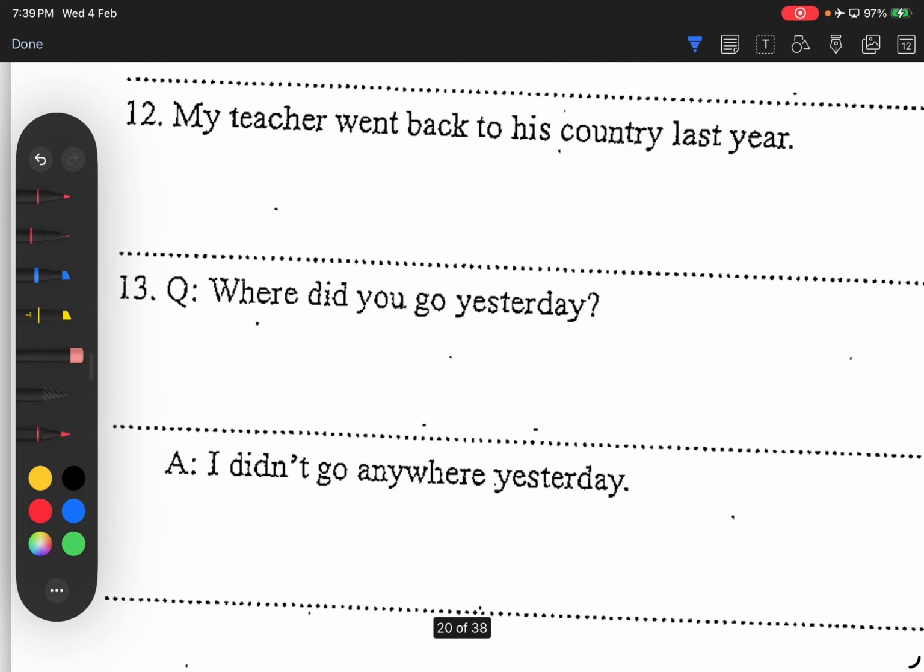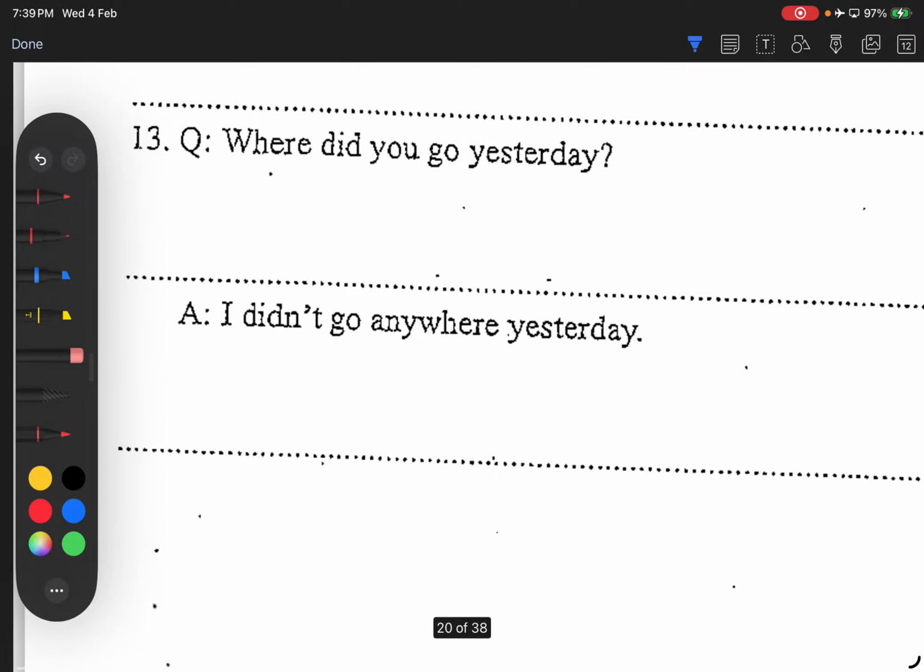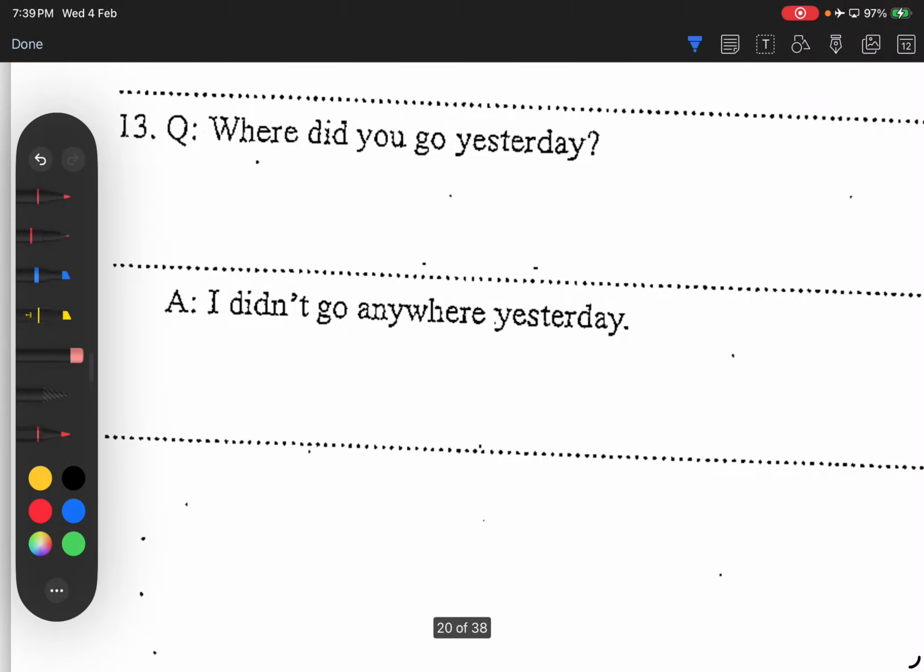Where did you go yesterday? 昨日はどこへ行きましたか？Okay, very good. 昨日どこへ行きましたか？We never put in a subject. That's why we can start the sentence with the time. If not, it will be あなたは昨日どこへ行きましたか？I skipped the subject. A says, I didn't go anywhere yesterday. 昨日どこも行きませんでした。Okay? 昨日どこへも or どこも行きませんでした。